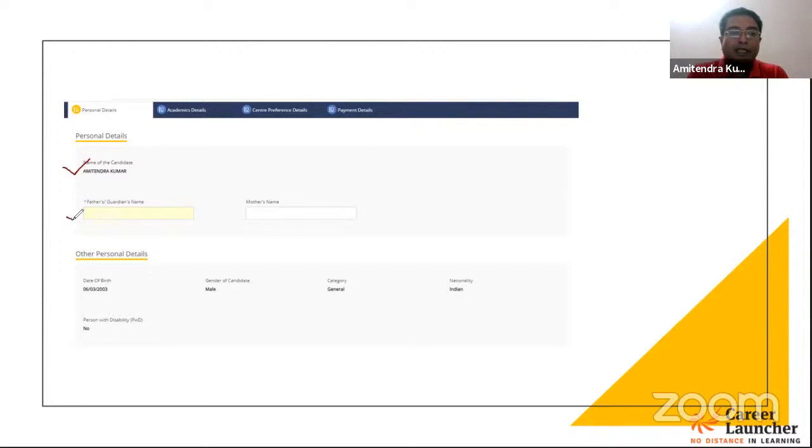Then you have to fill the name of your father or your guardian and your mother's name. So you have to type against these two brackets, and you have to give the details about your parents. यहाँ पे, once you have filled that, you can see other personal details are pre-filled. From where they are pre-filled? From the information which you provided during the registration. So your date of birth will appear pre-filled, your gender will appear pre-filled, then your category which you selected from the drop-down during the registration process is already mentioned here, your nationality is also mentioned here,